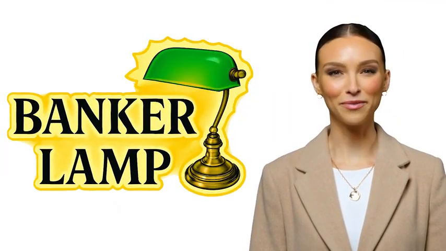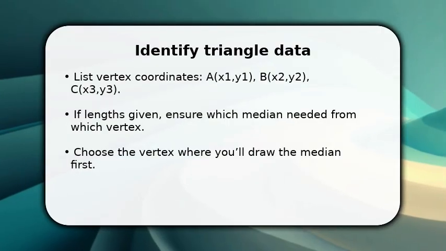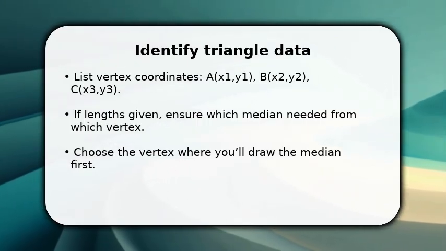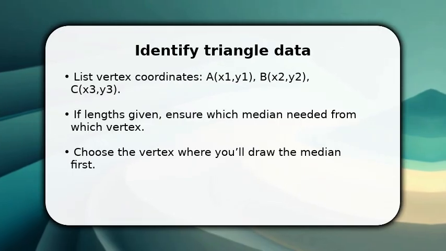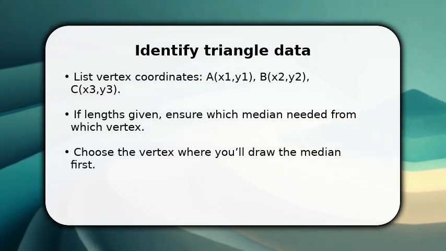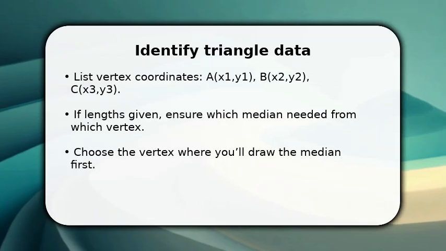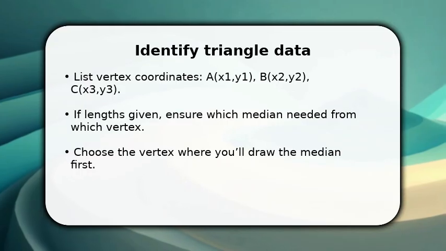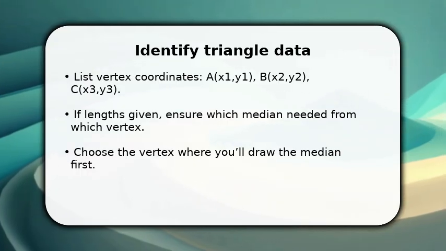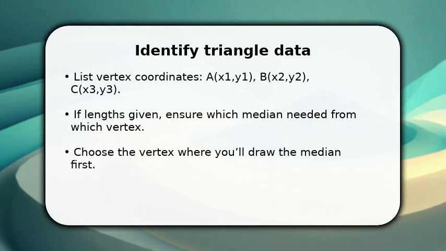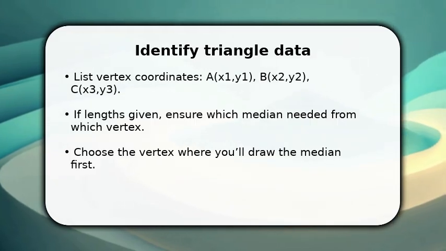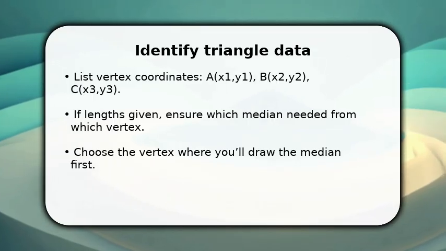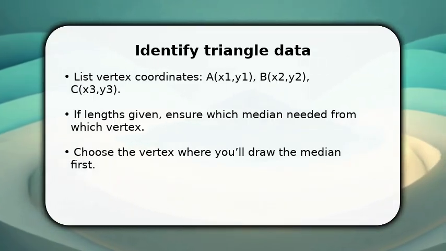Please enjoy the video. You start by identifying the exact inputs, vertex coordinates or side lengths. Once you have A, B, C coordinates, pick the vertex whose median you want. This tells you the opposite side to bisect. Now compute the midpoint of that opposite side, averaging its endpoints' coordinates if using coordinates, or locate the midpoint physically if using a ruler. This first step sets up all subsequent calculations, so make sure those numbers are correct before